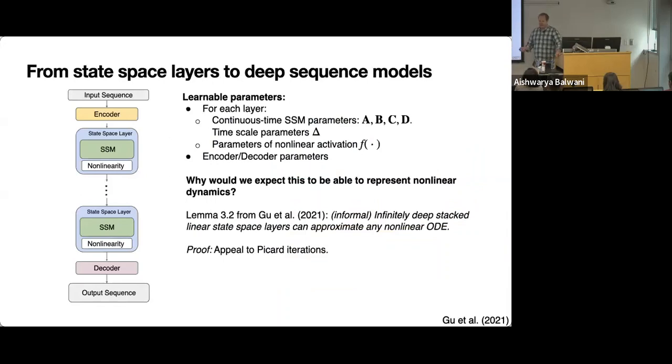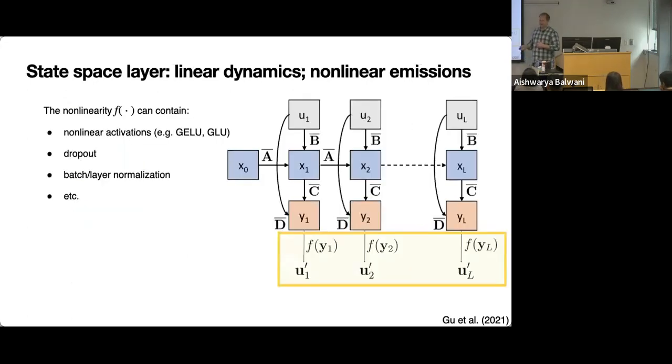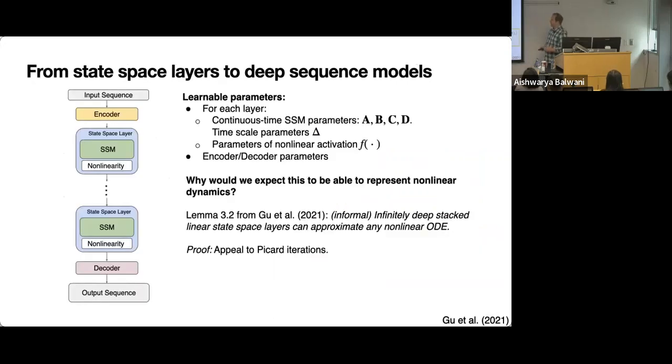Once you've got a layer like that, the key idea behind the predecessors to S5, namely S4, which is work by Albert Gu, is to just stack this on top of itself. So if you want to build a thing that takes in a sequence and produces a new sequence, well, this model does that. It takes in a sequence of inputs and produces a sequence of outputs, but it still is fairly limited in its expressivity. It's just a linear dynamical system with nonlinear transformation of the outputs. You can get much more flexible models if you stack these on top of each other. You just have a stack of linear state space layers with nonlinearities in between at each one.